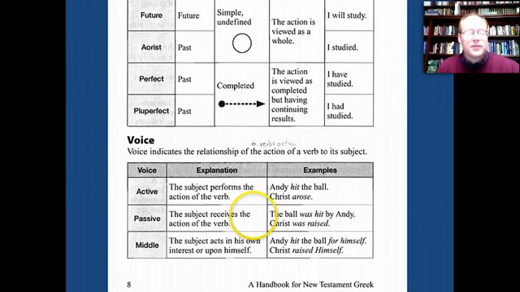The examples that we see here in the textbook, Andy hit the ball for himself. This focuses on the reason Andy hit the ball. He had some self-interest in view. Or the second example, Christ raised himself. Here we have the subject acting on itself, and the middle voice can communicate this as well. We'll learn how to recognize these three voices. This is just the introduction to